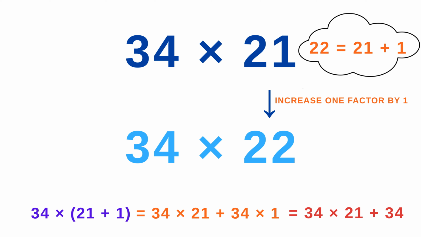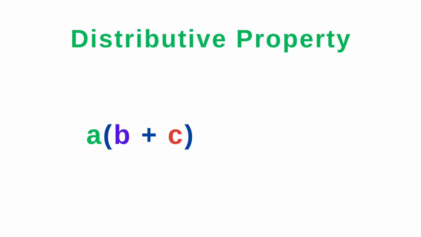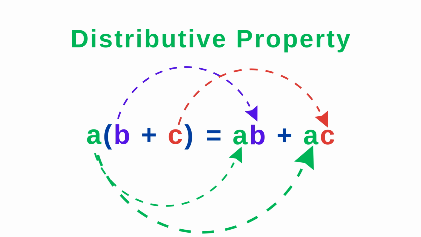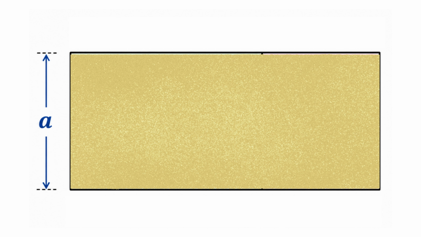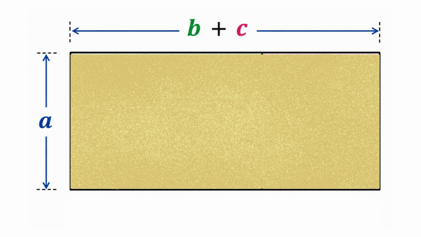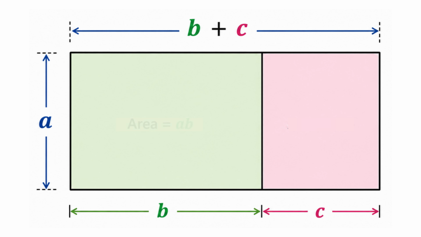This is more than a calculation trick. It reveals the distributive property. A into (B plus C) equals AB plus AC. A quantity can be divided into parts, multiplied separately, and then recombined without changing the total. Geometrically, a rectangle of length A and width B plus C can be split into two rectangles of areas AB